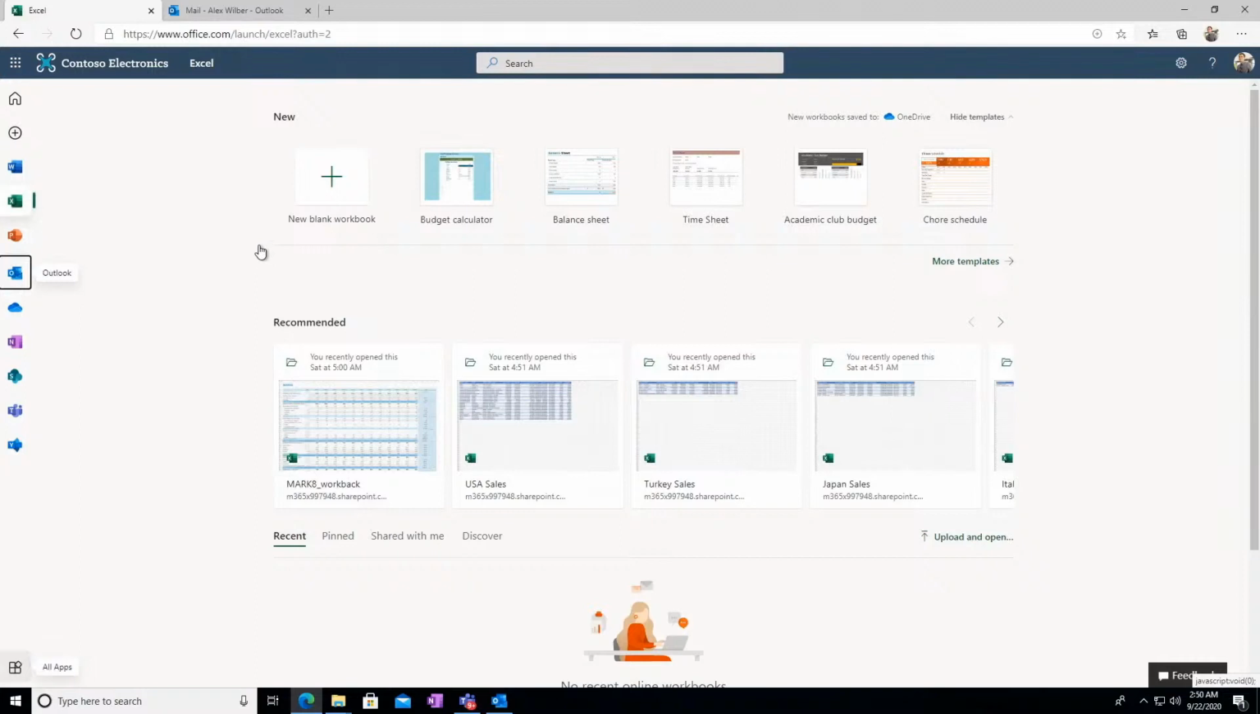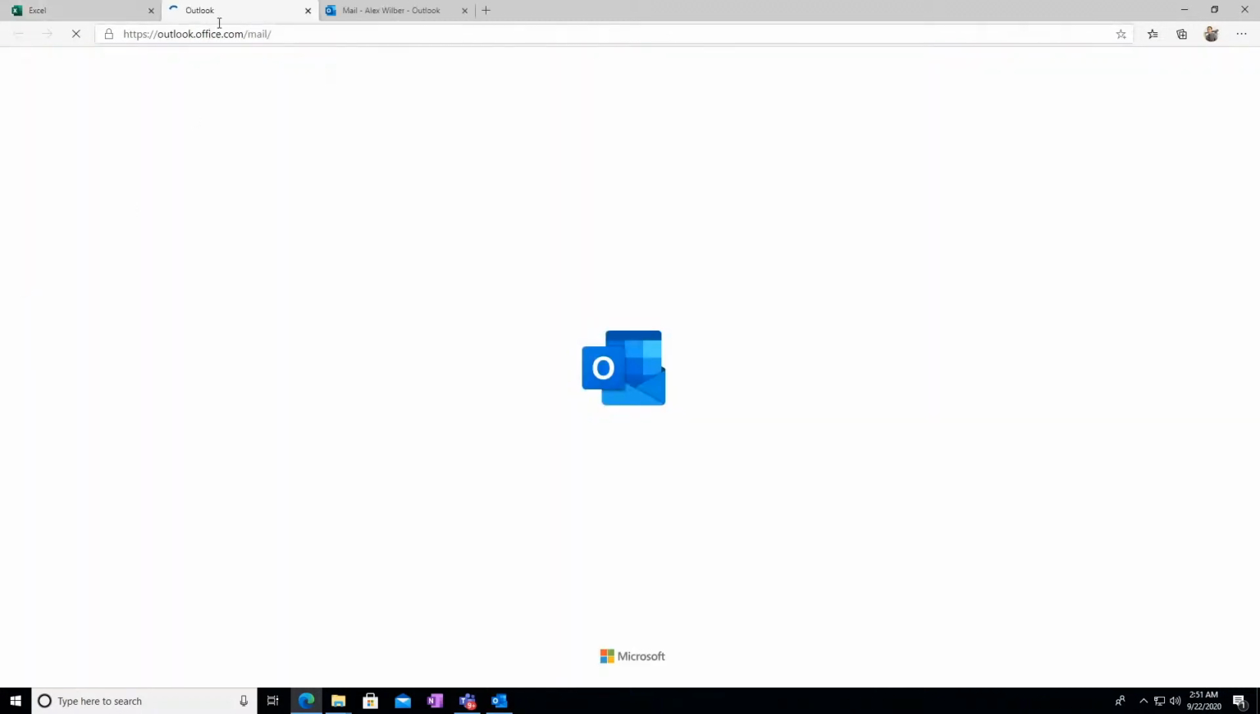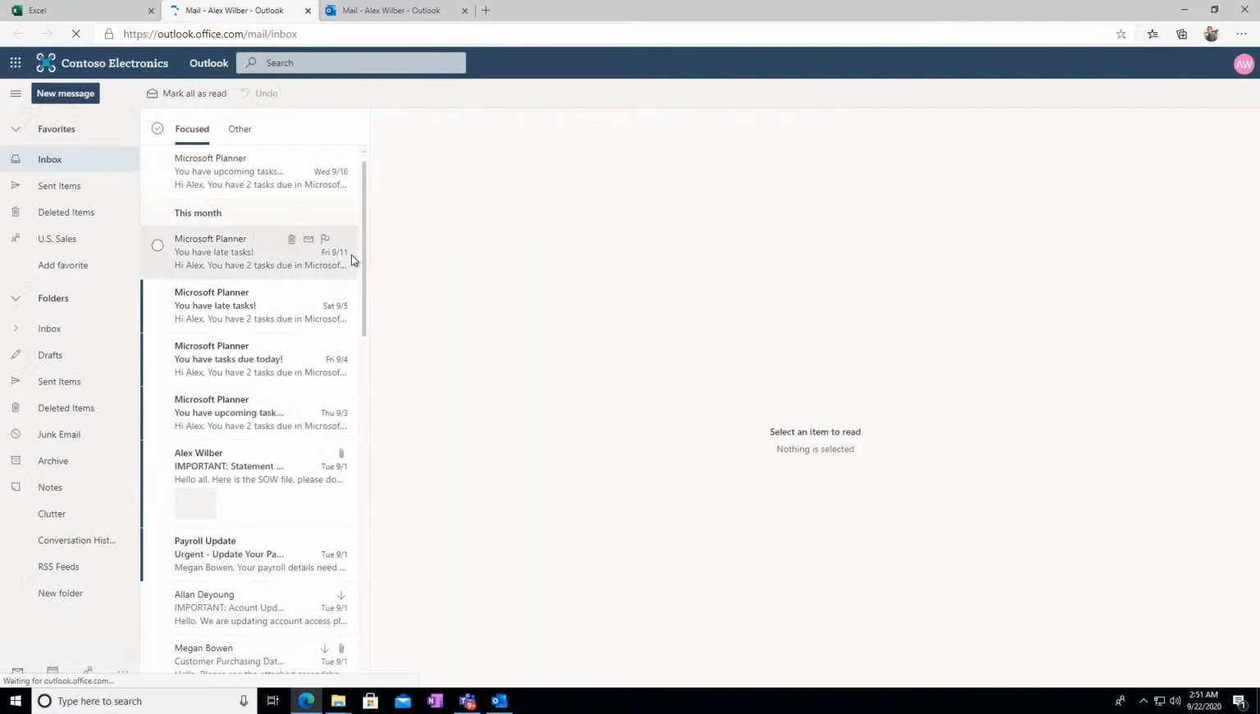Another product we can look at that we have overlooked, that we all typically use, is Outlook, our email application. So I can access my Outlook web app here. So I'm just going to click on that. It's going to open and launch the webmail